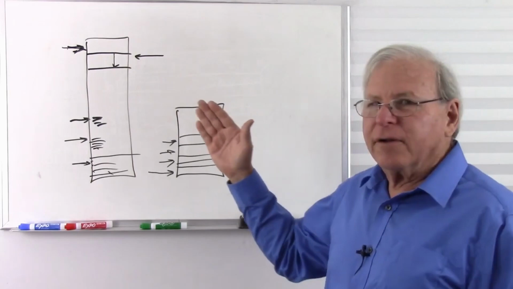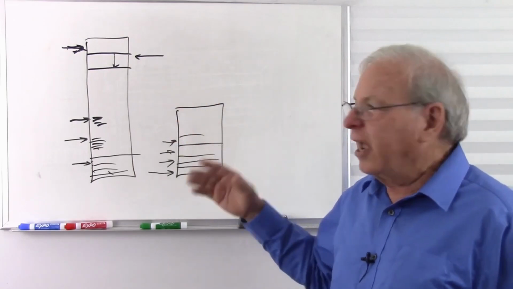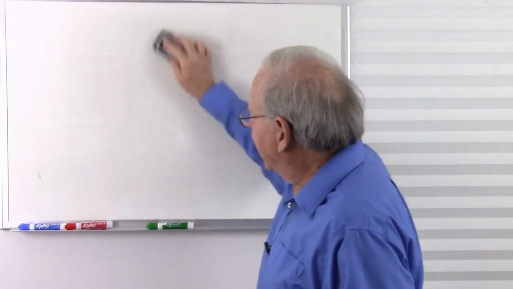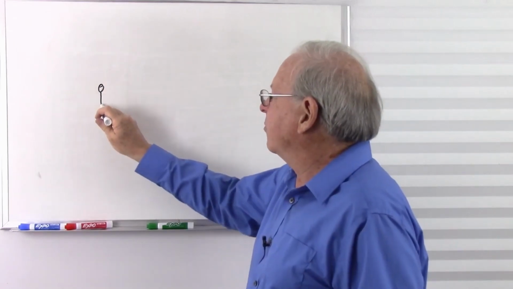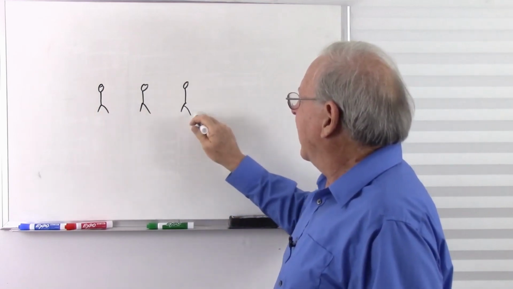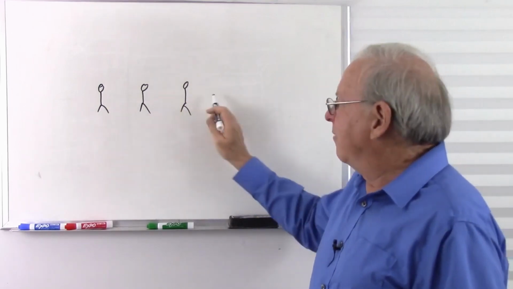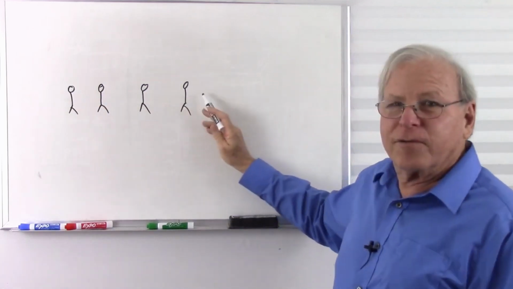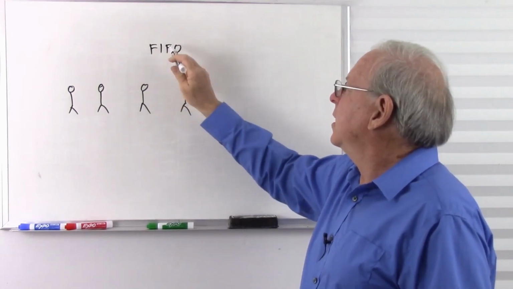Now another type of similar memory is called the FIFO buffer, or the queue, FIFO meaning first in, first out. And the way that works is, if you look at the examples, they'll say it's like people standing in a line. And so here's people standing in a line at the grocery store. I'm not going to draw the carts, it'll take too long. Here they are, and this person checks out, and then everybody moves. And then that next person checks out, then everybody moves, and the other people get in line. And so the first in is the first service, so first in, first out, or FIFO, or a queue,